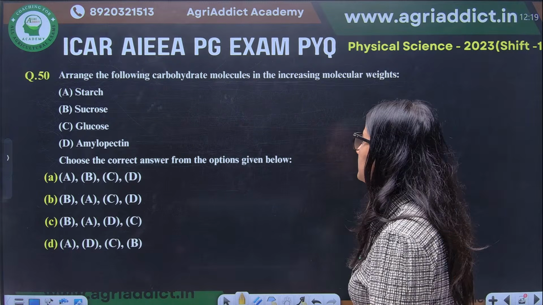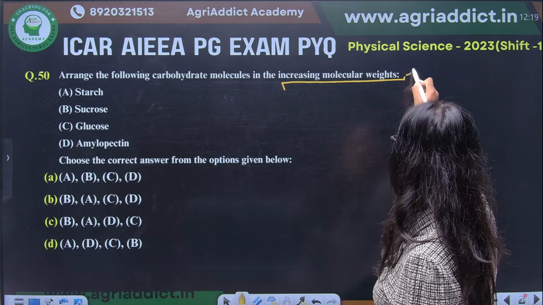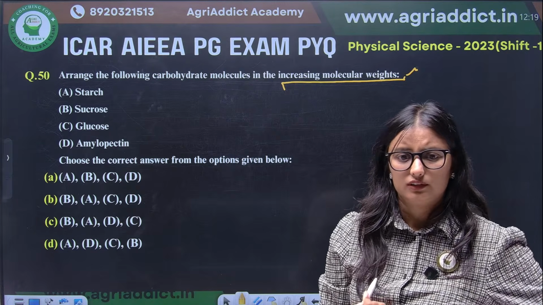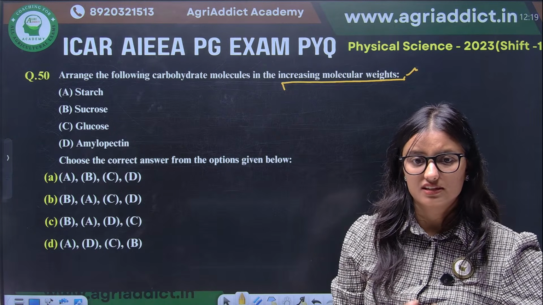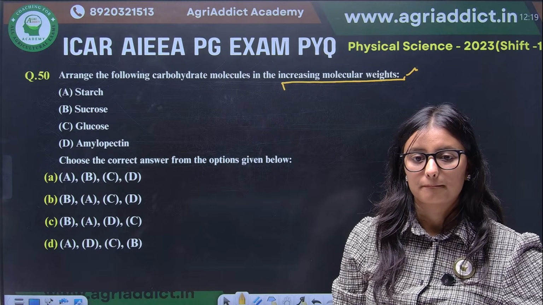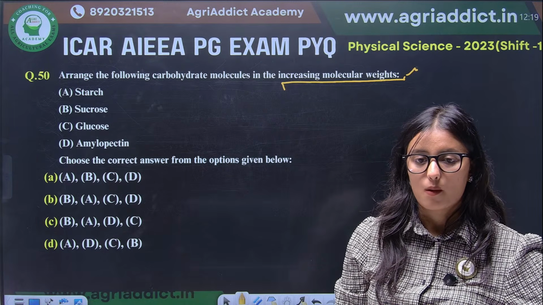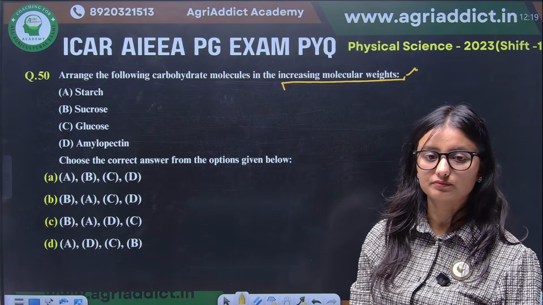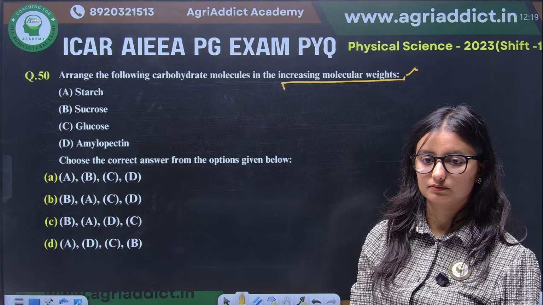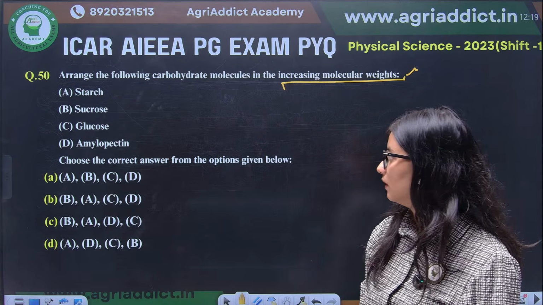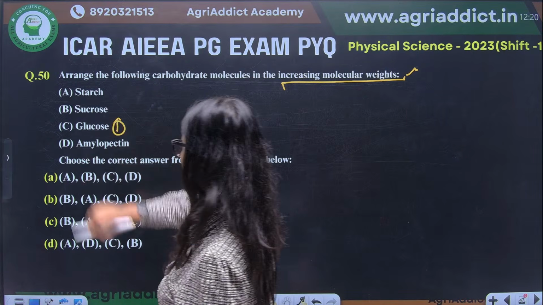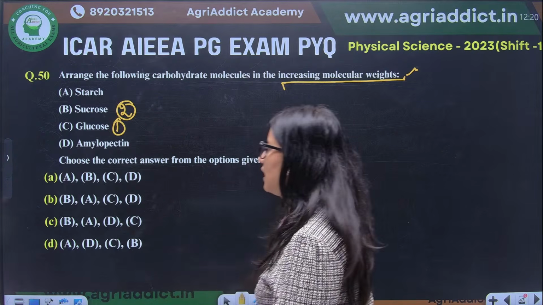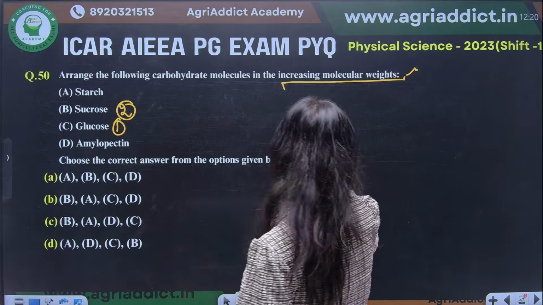Next is arrange the following carbohydrate molecules in increasing molecular weight. बहुत सिंपल है, तुम ऐसे देख के भी बता सकते हो. Arrange the following in the increasing molecular weight. फर्स्ट पे क्या आएगा? सबसे सिंपल ग्लूकोज. सेकंड सुक्रोज। थर्ड, अब कंफ्यूजन होगा स्टार्च और अमाइलोपेक्टिन, तो